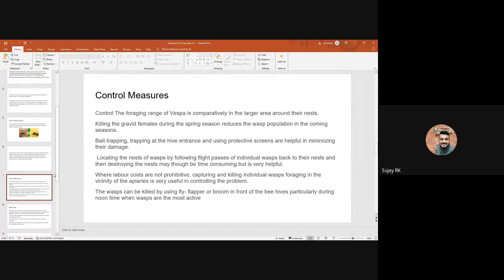या नहीं तो वास्प का जो नेस्ट होता है, वो मिट्टी से बना हुआ है। वो अगर बी हाइव के सामने कहीं दिखा तो उसको फिजिकली हमें डैमेज करना है, और अगर इसकी वजह से बहुत ज़्यादा तकलीफ हो रही है तो हमें उस जगह से बी हाइव्स को शिफ्ट करना चाहिए। नेक्स्ट।